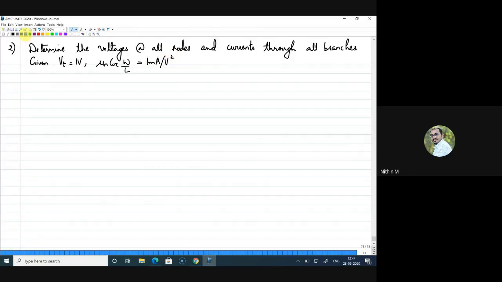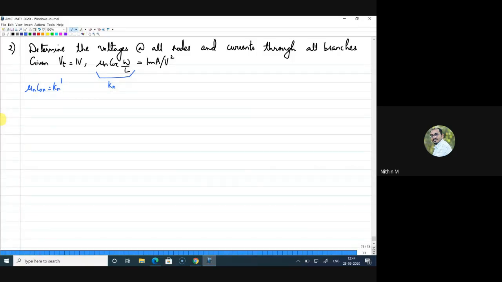In some textbooks, you can see that they denote this as Kn. Probably in your first year electronics, you would have studied the drain current equation using this notation Kn. But here we will write it as mu n Cox W by L again and again to get familiarized with the expression. If it is only mu n and Cox, sometimes we call it Kn dash. So we will always write the drain current equation as Kn dash W by L VGS minus VT the whole square.